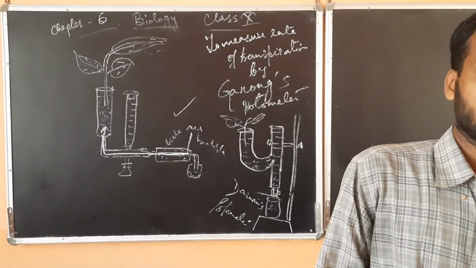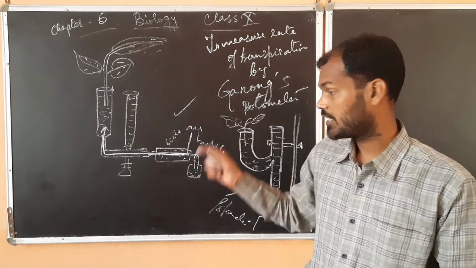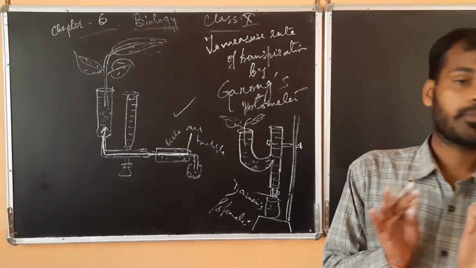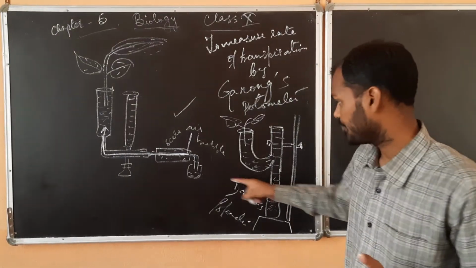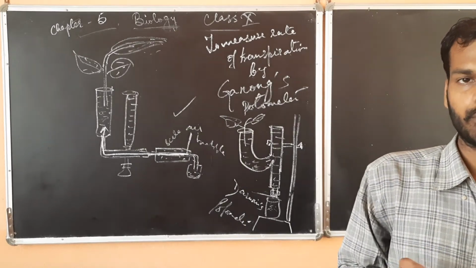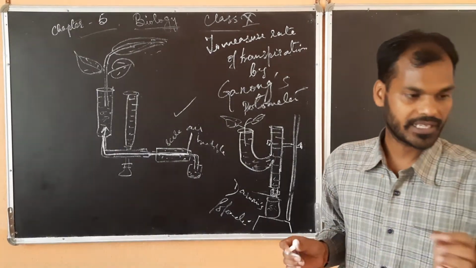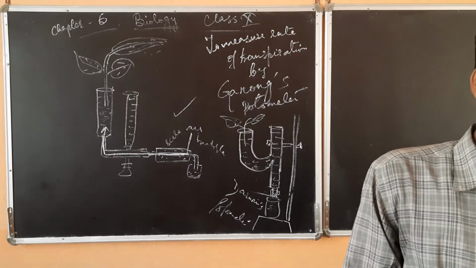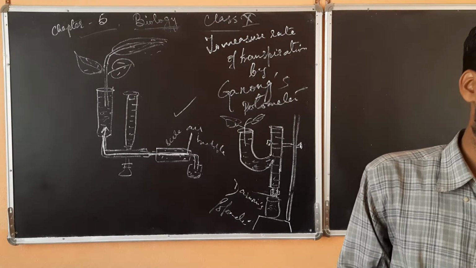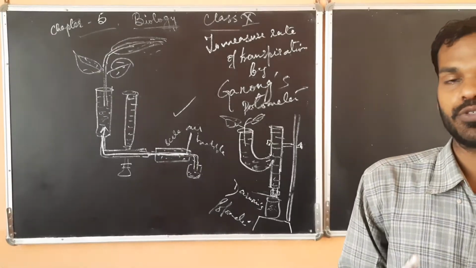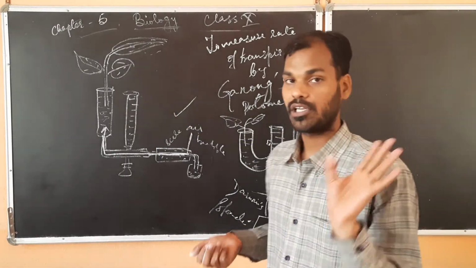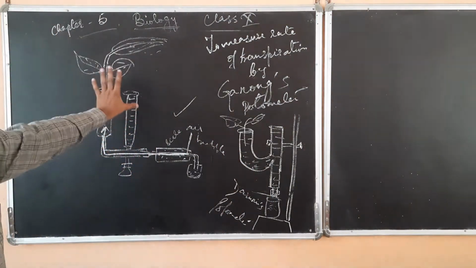Now coming on to the precautions. There are two things you have to keep in mind while using the photometer. The first thing is the air bubble should be introduced carefully in the capillary tube; you have to be very careful. Second, the photometer measures the rate of absorption of water. Most of it is transpired, but some is used in metabolic processes also. So this gives a rough estimate only. It is not a proper estimation of the transpiration.